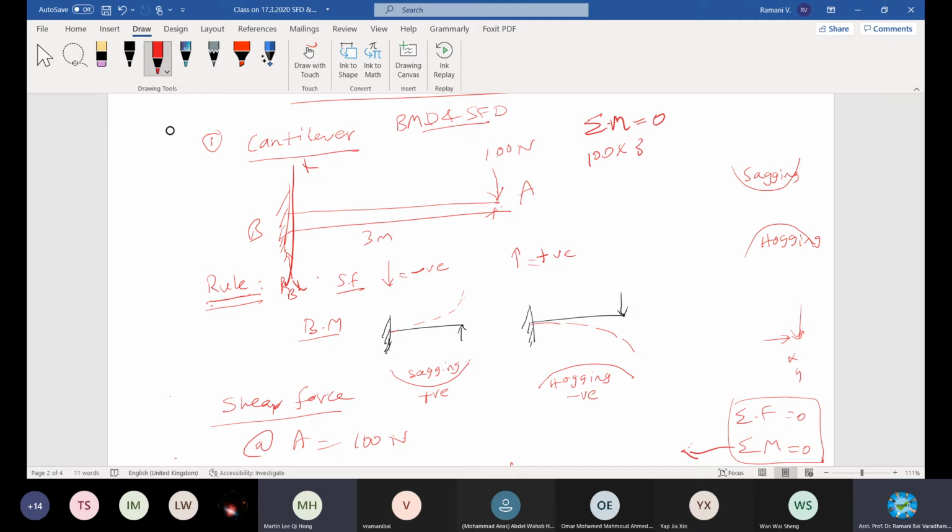Clockwise, because 12, 3, 6, 9, right? Clockwise, positive. Moving on, there is a reaction here, isn't it? Due to this loading, the member will try to rotate in this direction, and will react in the opposite direction to restrain it against this moment. So in that case, RB is positive upward, right? RB positive upward.